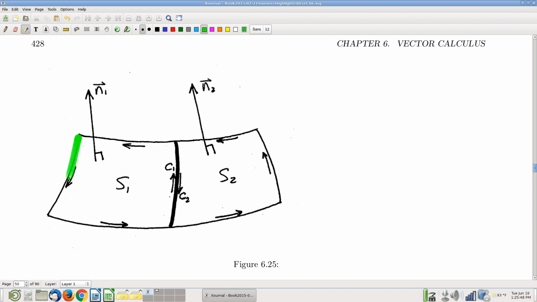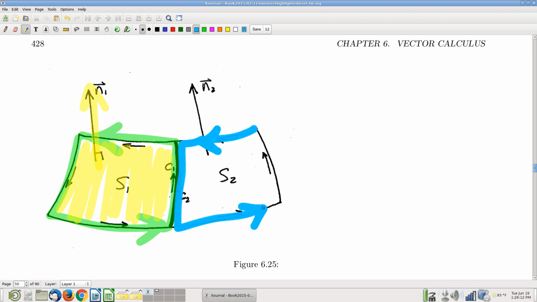But if I take the oriented boundary of one piece of surface, that's an oriented piece of surface, and if I take the oriented boundary of another piece of surface that's right next to it,